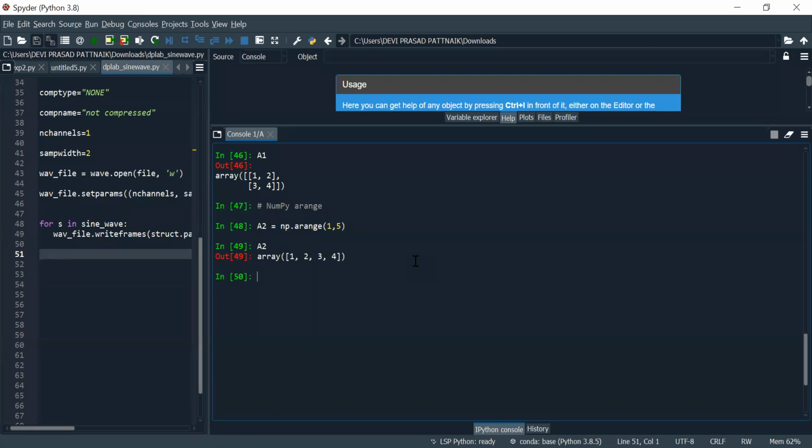I'm getting an array which has elements from 1 up to what? Real values up to 5, isn't it? 5 is not included, you can see. Let's try with this.